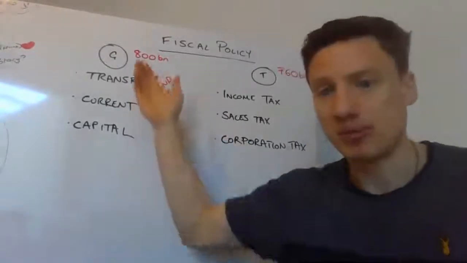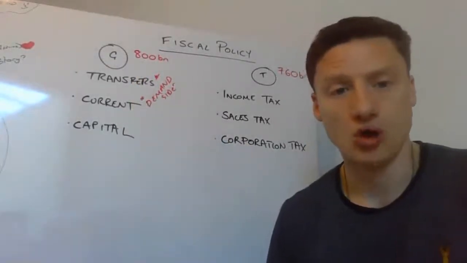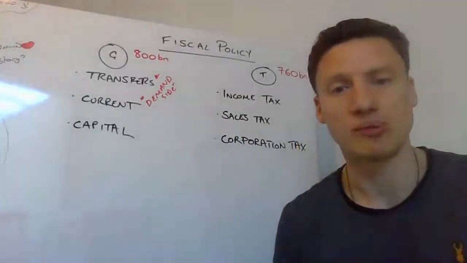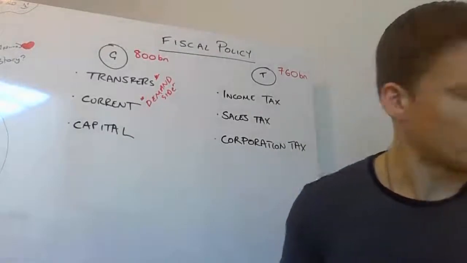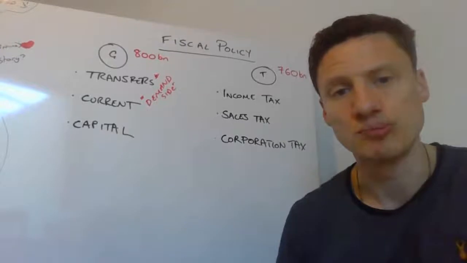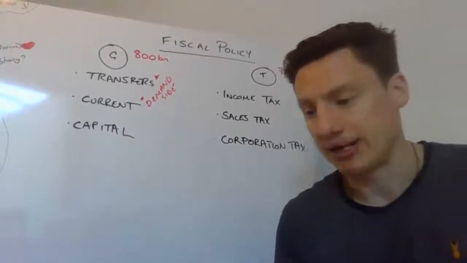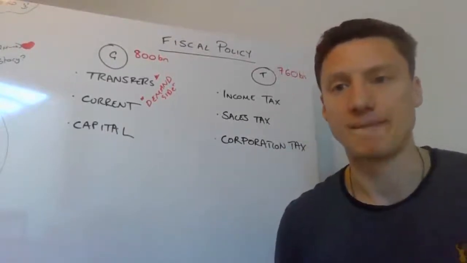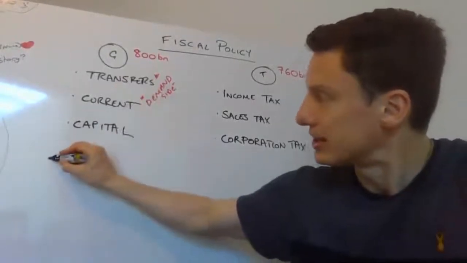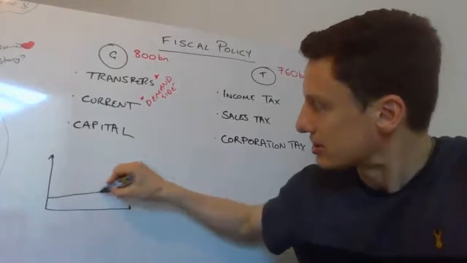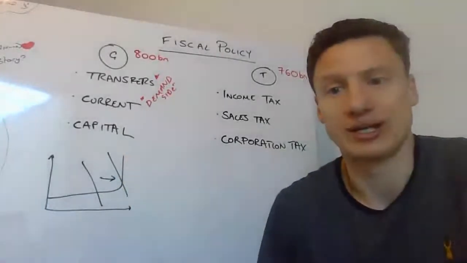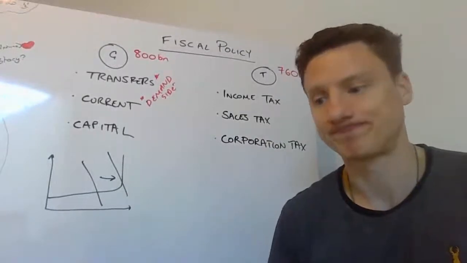So when you give people money as transfer payments, what you're hoping is that they'll spend it, particularly with things like pensions and unemployment benefits. You're hoping that those groups of people have very high marginal propensities to consume, so they will go out and spend it in abundance. Yeah, they'll spend most of their extra income. That's what a high MPC actually says. So with these two, you're looking to get some sort of demand side stimulus going on, which will hopefully get you out of the recession.